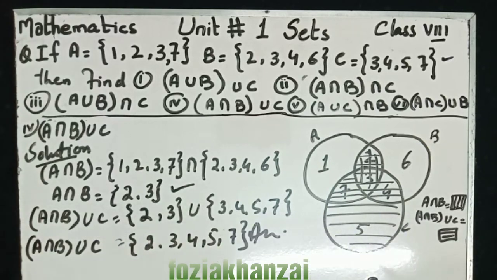Correct Venn diagram? Except 1 and 6. 1 and 6 are not given in this part, that's why we leave them without shade, vertical or horizontal line. Only the shade, vertical and horizontal line represent your answer. Your answer is represented by your shaded part or vertical or horizontal line. Done.